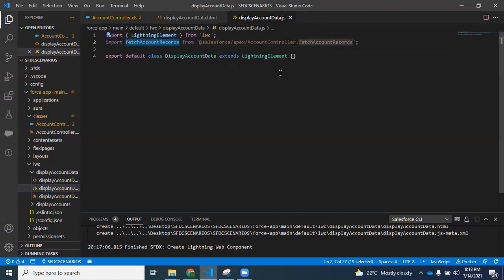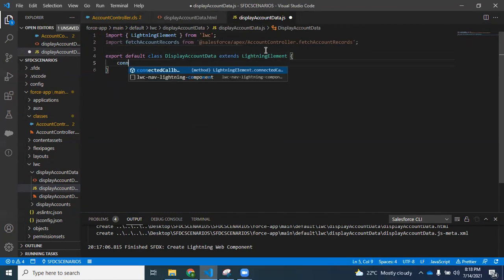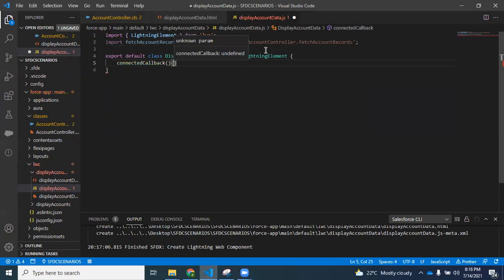Now I want to display the records on loading of the page, so I'm making use of connectedCallback. In the connectedCallback, I'll be executing the server side logic.